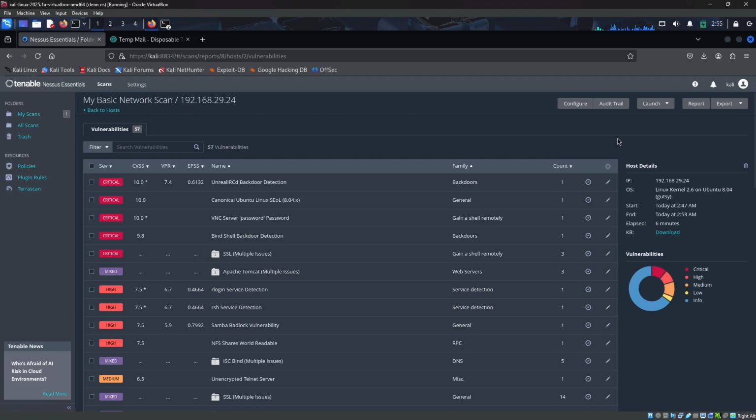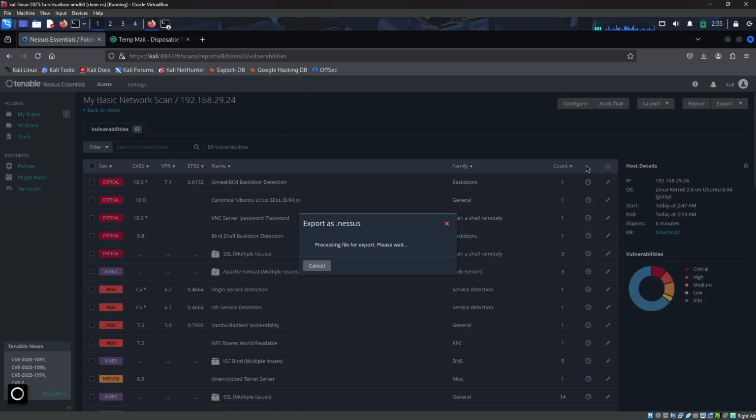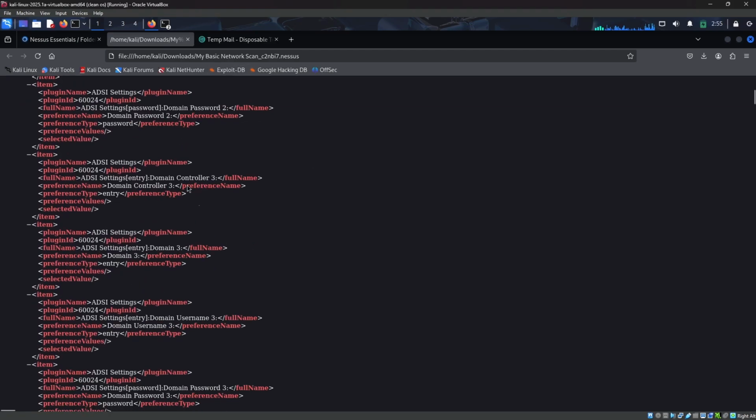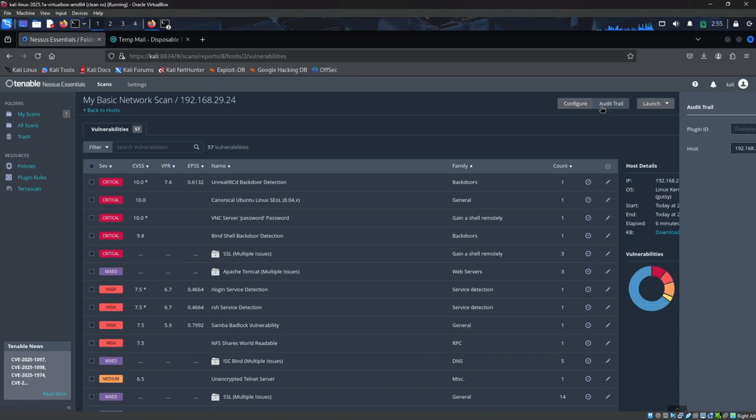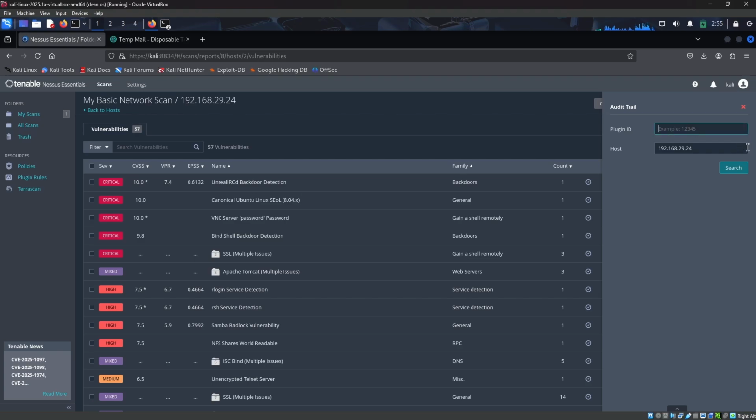After completing this vulnerability scan in Nessus, you can generate a report to see a lot more information about it. So you have to do it by yourself. You can see here the export option to Nessus, processing file for export. You can just export like this. So it's not needed. And you have an audit trail option. You have to enter the plugin ID, and you can enter the host, and you can click search if you